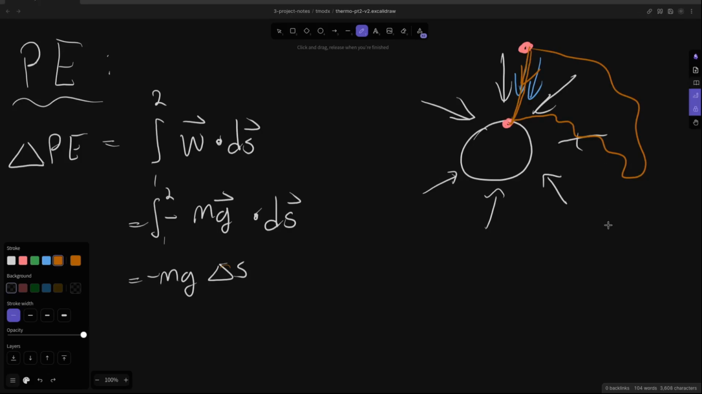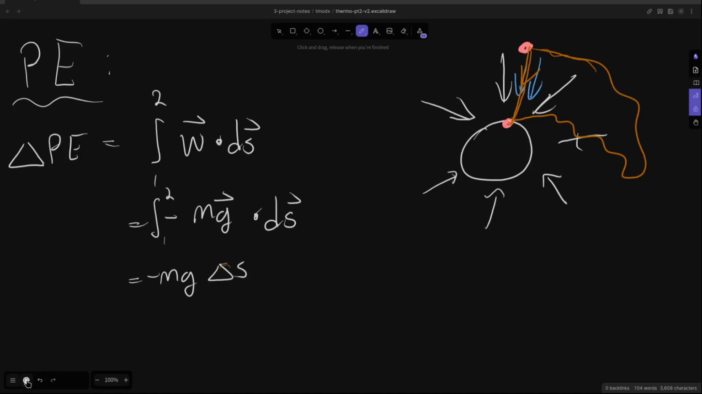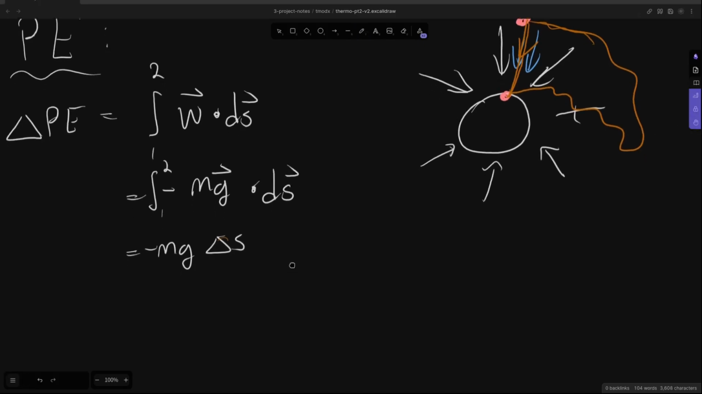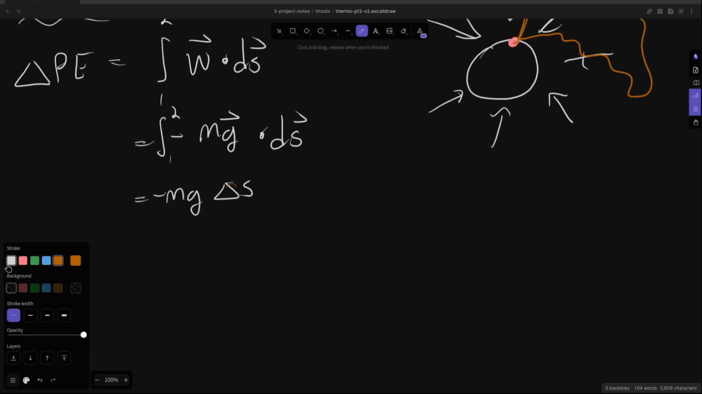If we're moving basically perpendicular to these weight forces, then our dot product is going to be 0, and the accumulation as we move along this entire path is the same as if we just moved straight. If you want to define it more rigorously, you can talk about how it's a conservative force and things like that. But basically, our change in potential energy